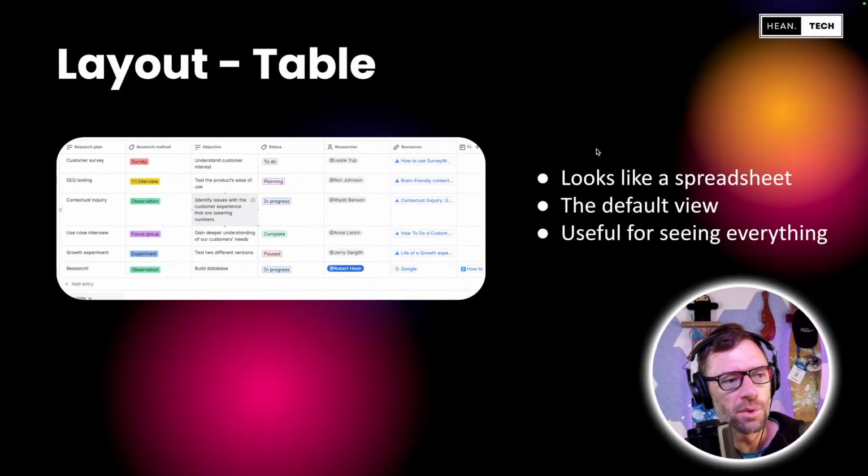But if you know what a spreadsheet is, you know what this view looks like. It's useful for seeing all the records, again, in a tabular or a table format. And this is kind of my default just because it's my default. This is what I've always used, and that doesn't make it good, bad, or otherwise. But it does tell me I need to challenge myself to try other views, other ways of looking at it,